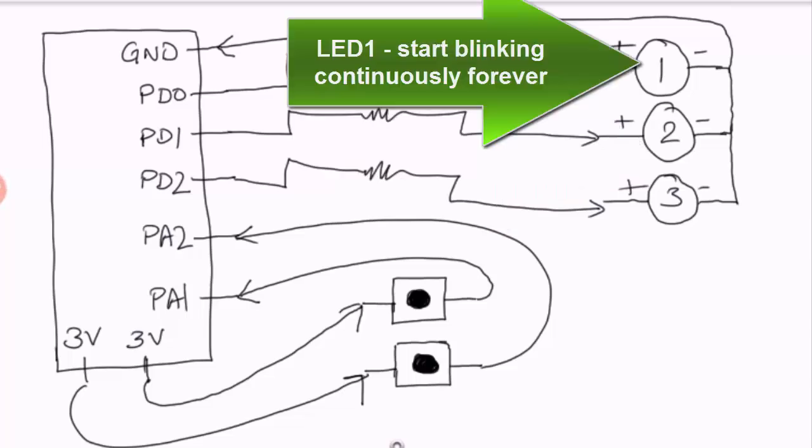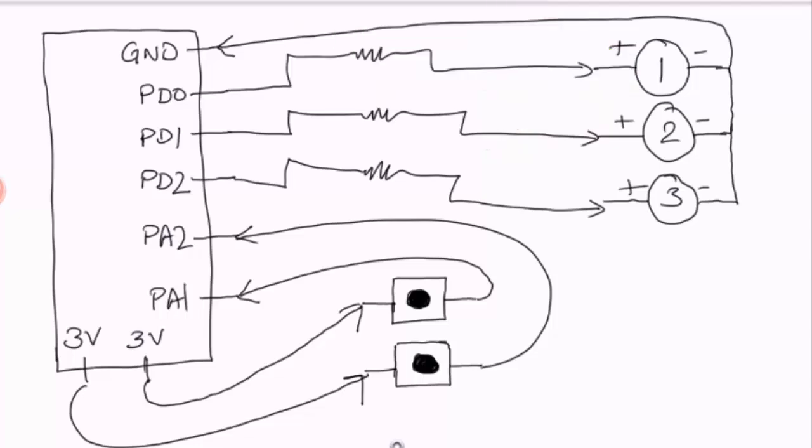And when it is done, the controller will return to LED1 and it will again start blinking continuously forever. So in this tutorial we will understand how interrupt priority works. Let's build this circuit first and then we will write the program.